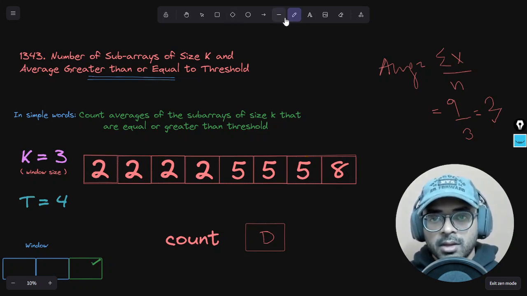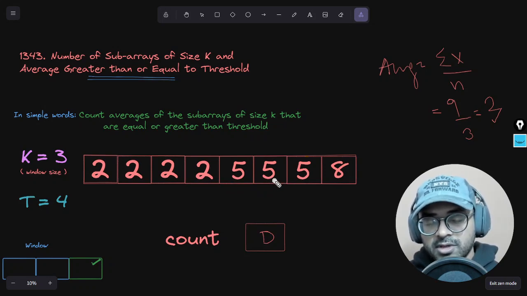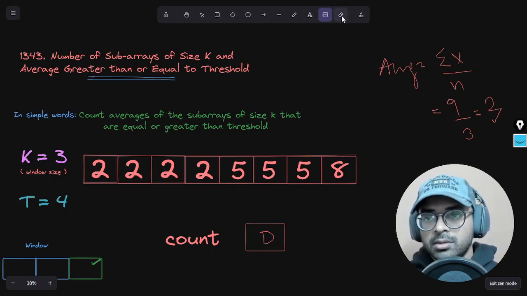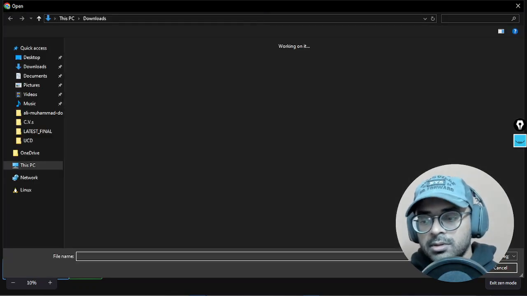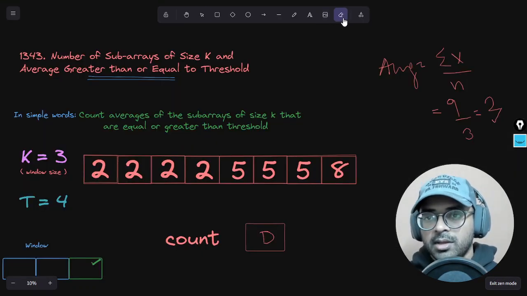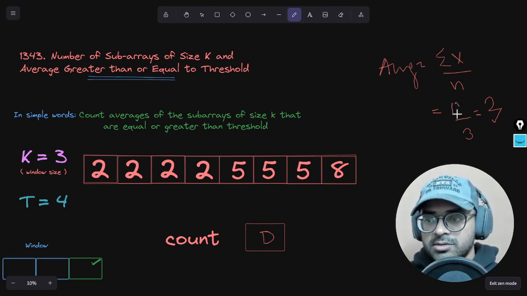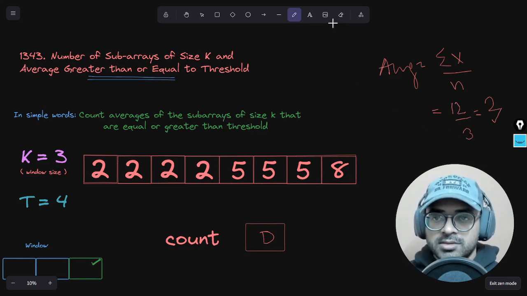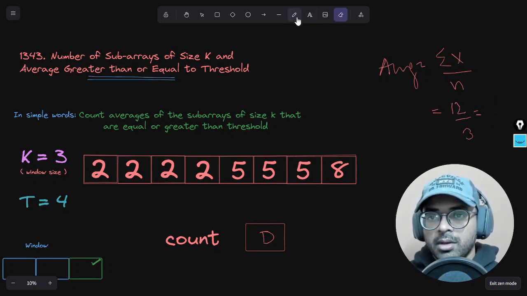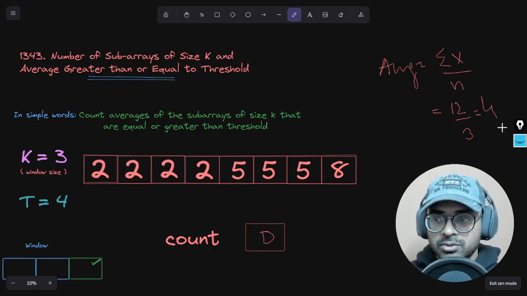We move forward, and here we find three elements, 2, 5 and 5. So 5 plus 5 is 10 and 10 plus 2 is 12. So we update the sum as 12. So 12 divided by 3, yes, this is 4. And remember, our condition was greater than or equal to. So since this is 4,